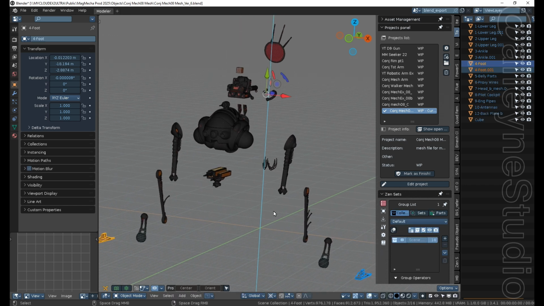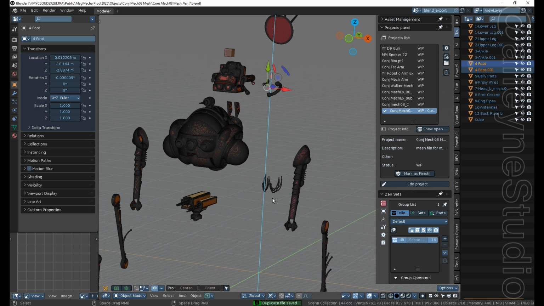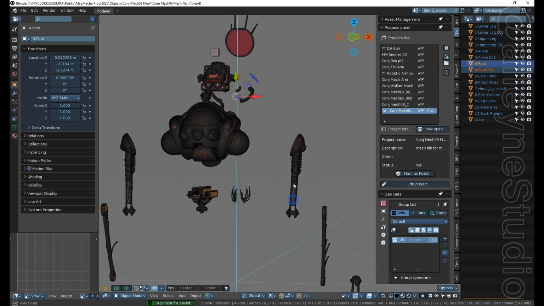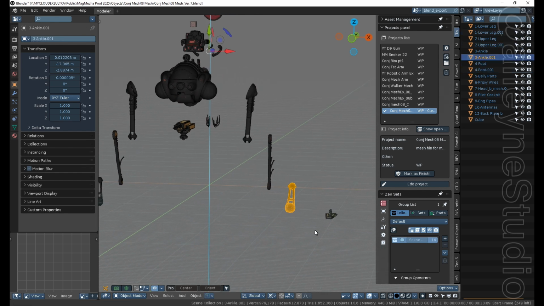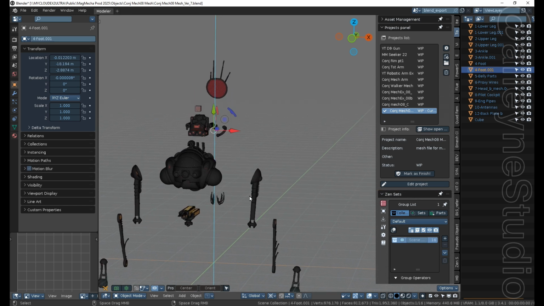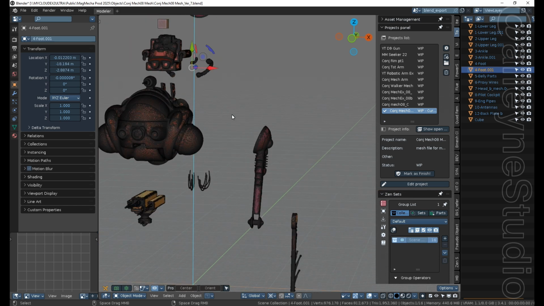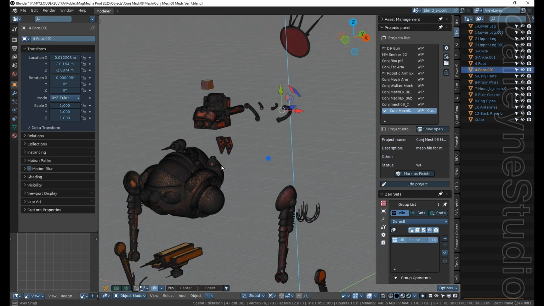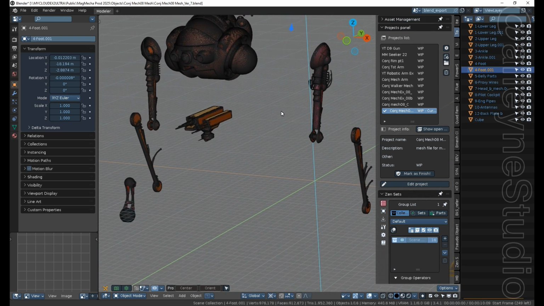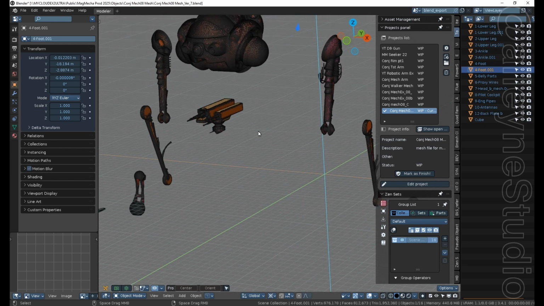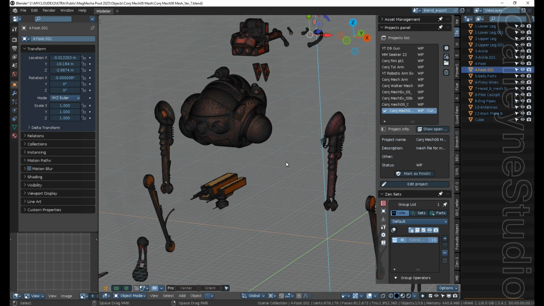And who else? So these guys are done. 1, 2, 3, 4. And anybody up here? And these guys stay as a unit. This stays as a unit. All right, that was simple enough. Okay, and the very first thing we do is we're going to start bringing in the